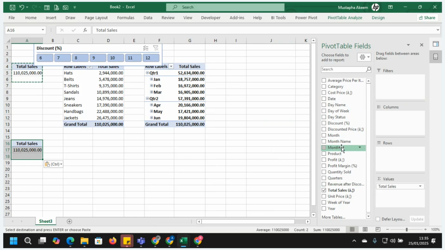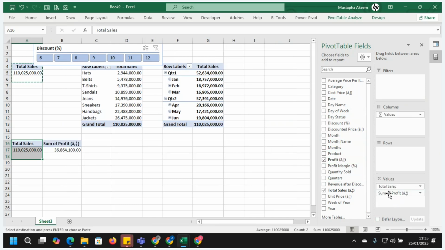Or you can also use it to create a kind of, okay, we have used total sales often. Why can't we bring in the profitability also by the side? And put profit under the values also. You can see we have sales and profit side by side.